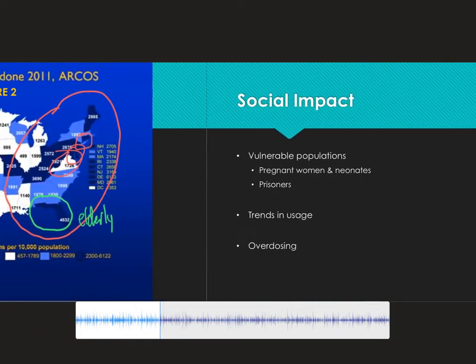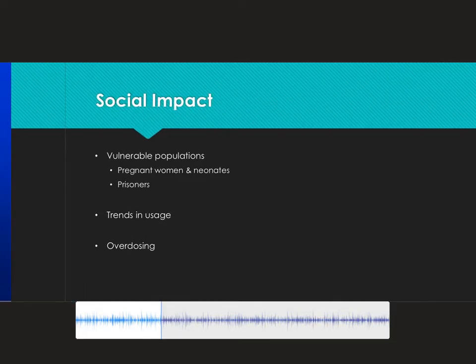Now looking at oxycodone's social impact, we can measure it by the people most impacted by the drug as well as trends that result due to its usage. Although several populations are impacted by oxycodone, 2 of the most important are pregnant women and prisoners. Pregnant women are commonly given oxycodone to deal with pain. In addition to addiction, a disease called neonatal abstinence syndrome, or NAS, may occur. This happens when a baby withdraws from certain drugs that they are exposed to in the womb before birth. From 2000 to 2012, the amount of neonates with NAS increased 5-fold.